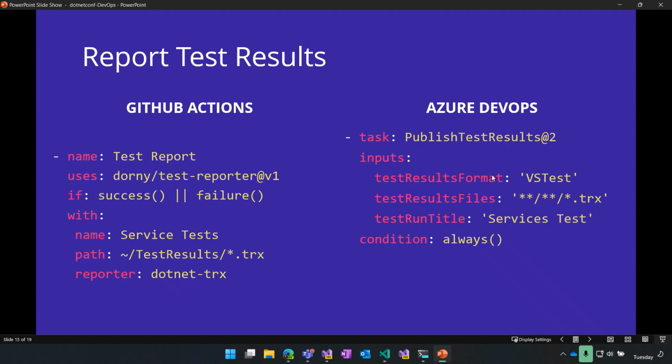Again, I have links to both. Also in GitHub Actions, if you search the marketplace, there's a bunch of different actions that help you do test reporting. So if this isn't something that you like, I'm pretty sure there's another test reporter that you can find and use. Again, pick what you like, pick what you understand best, and what works best for your use case.